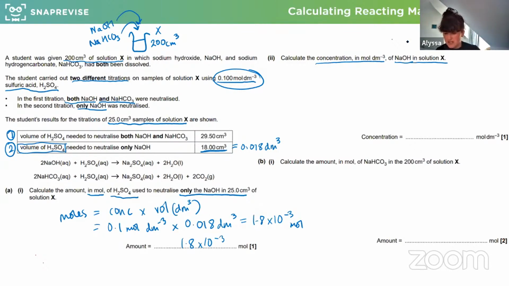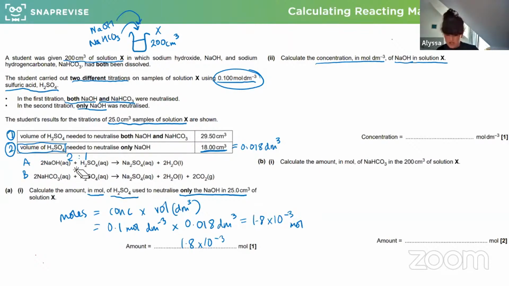This question is now asking us about the sodium hydroxide. So now we need to think about our molar ratios. We've got two equations, so just make sure we use the right one. The first equation, I'm going to call equation A so that I'm not naming it 1 and 2 again. In equation A, we've got 2 to 1: 2 lots of sodium hydroxide needed for 1 lot of H2SO4. Just double check you're happy it's 2 to 1. 2 lots of sodium hydroxide for every 1 lot of H2SO4.